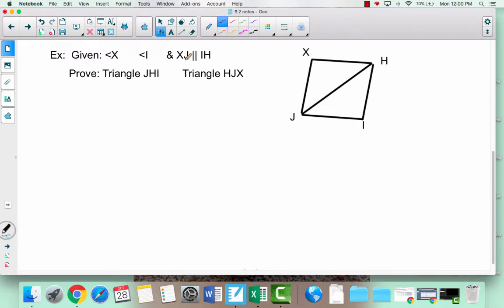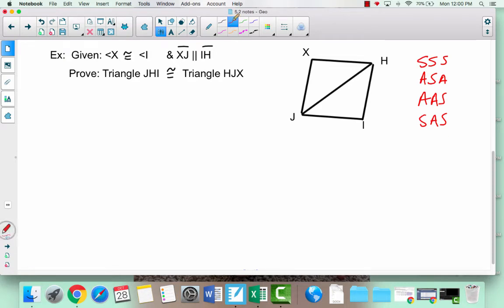section. So here it says that angle X is congruent to angle I, and you want to show that, and then they tell you segment XJ is parallel to IH, and they want to prove that the two triangles here are congruent. So again, mark what you know, identify, are we going to use side, side, side, angle, side, angle, angle, angle, side, or side, angle, side. So of the four, you have to determine which one you're going to use and then fill in your two-column